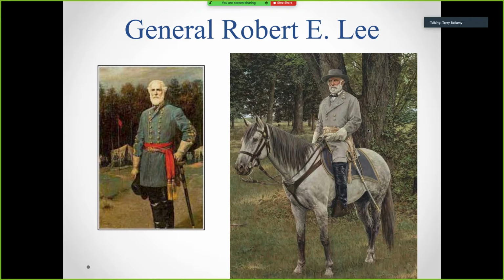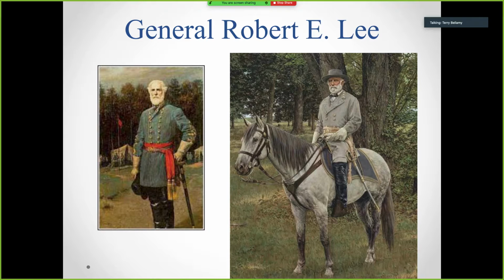All right, this kind of skips out of order a little bit, but that's okay. This is Robert E. Lee. This is the guy that was asked to run the Union Army, but turned it down. And he's going to pay a pretty heavy price for this. By the way, the horse that he's riding on, Robert E. Lee was a Southern gentleman. He had lots of money and he had lots of horses. This is his favorite horse. This horse's name is Traveler.